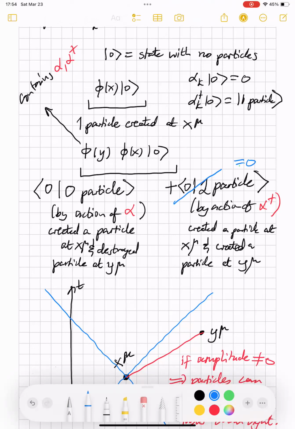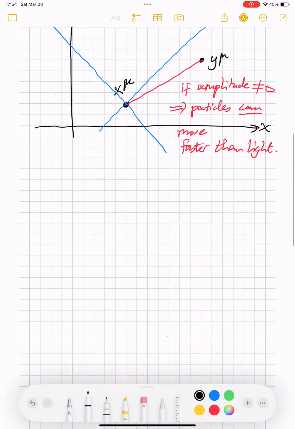Whereas this term is no particle against no particle, this is non-zero, so that in fact, by taking the overlap of our state with ⟨0|, we get exactly the quantity that we are interested in. So just to summarize, ⟨0|φ(y)φ(x)|0⟩,